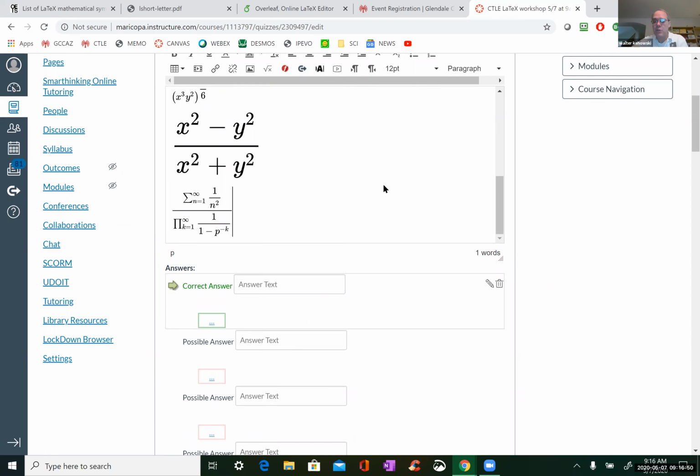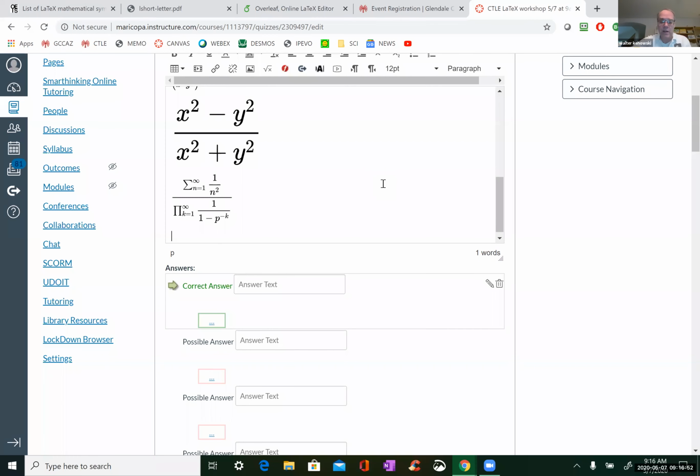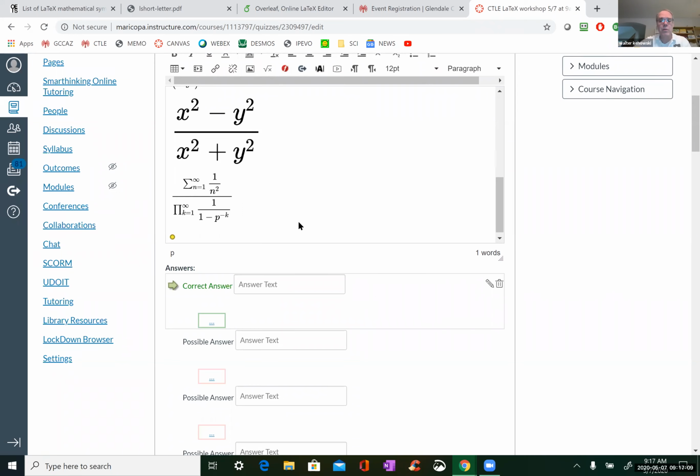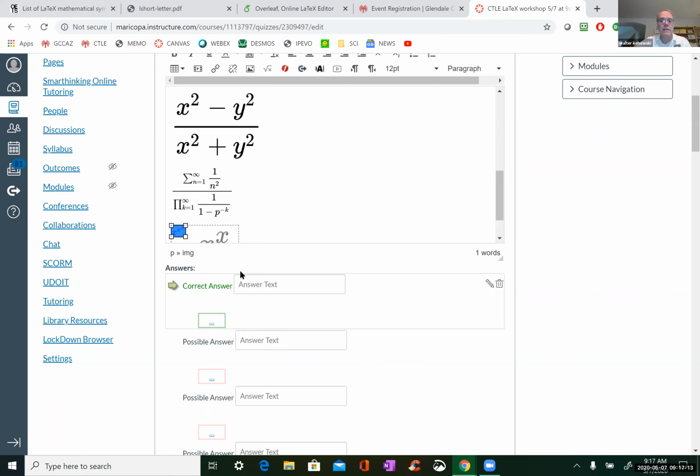You can do powers to powers. Now that's something we hadn't done. I need to go to the LaTeX again. So you can do x to the x to the x without any trouble. Also, things like that.